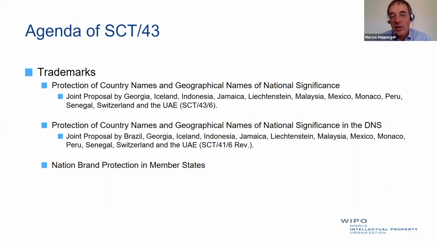As with the other projects, before we can engage in further discussion, let's do some fact finding. We've just been working on a survey, which will be out hopefully soon, with which we will try to collect information that will enable the SCT at its next session to better consider that proposal, and to see whether there is a need, for example, for an international definition of nation brands and scope of protection, or whether indeed the existing IP system, in particular trademark protection, unfair competition, etc., is sufficient for nation brand protection. Okay, in a nutshell, that's trademarks. I'm running and moving on to